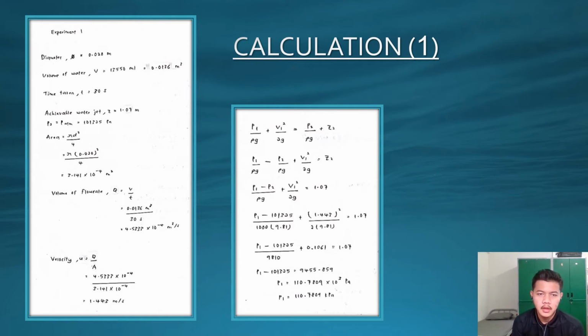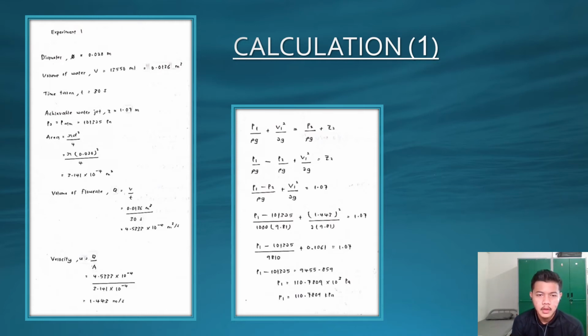The time taken is 30 seconds. The achievable water jet is 1.07 meter. The ATM is 101325 Pascal. For area, the formula that we use is pi d squared over 4. The value that we got is 3.141 times 10 power of negative 4